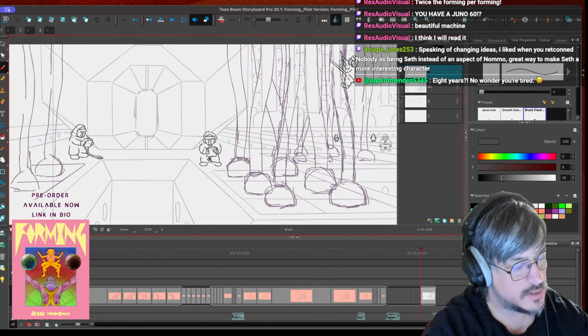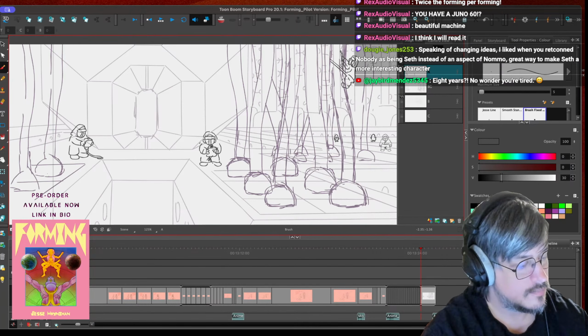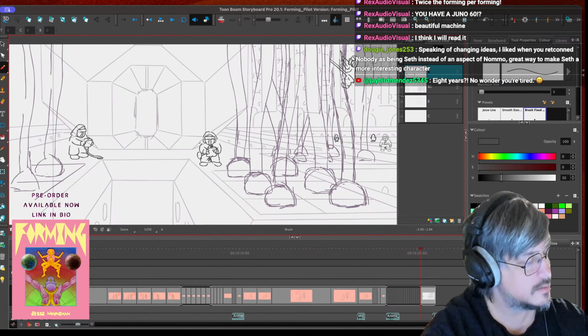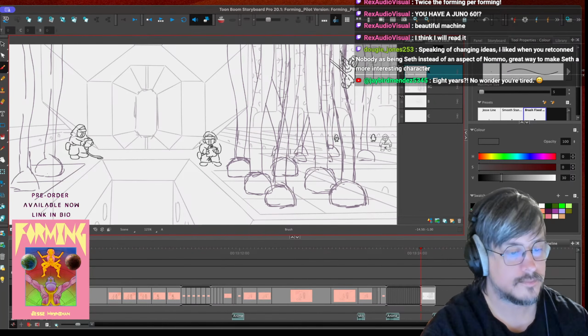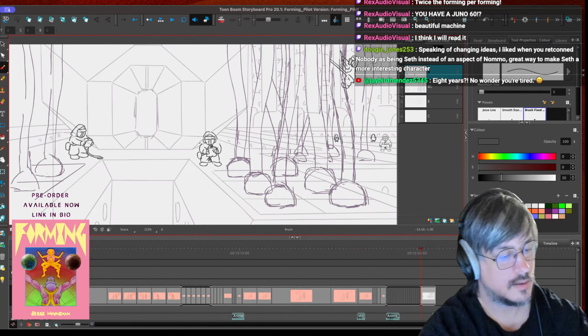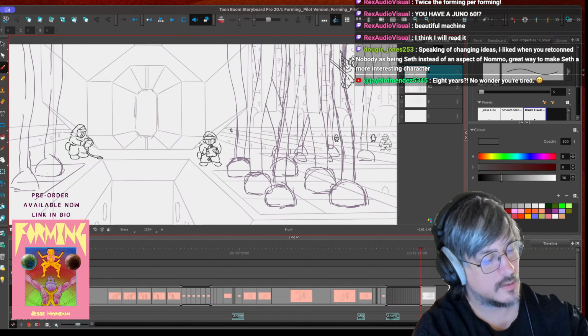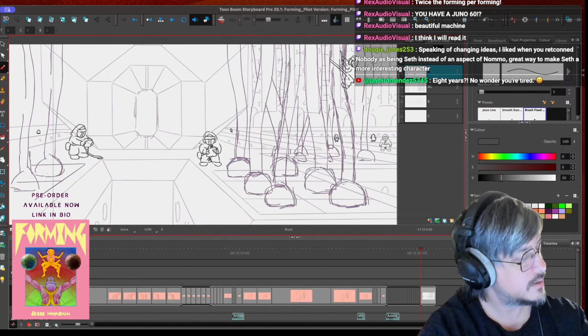Got these little devices. It's got a little utility belt. It's got one too. Guys in here.